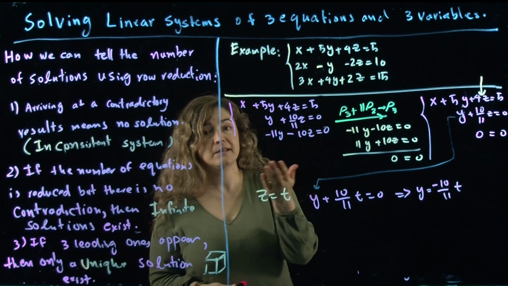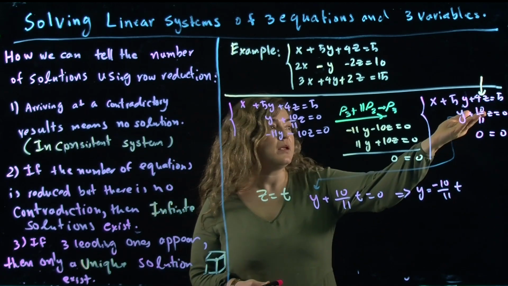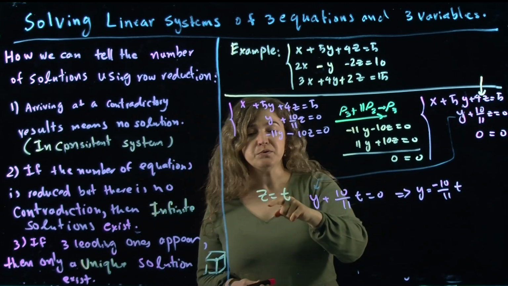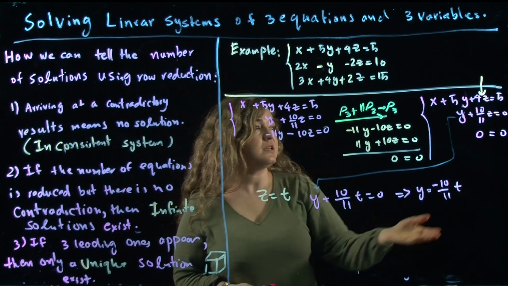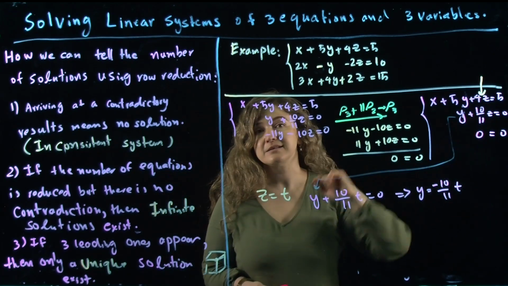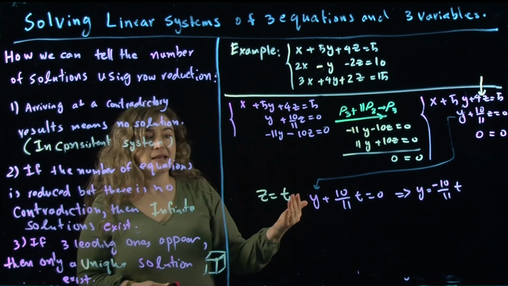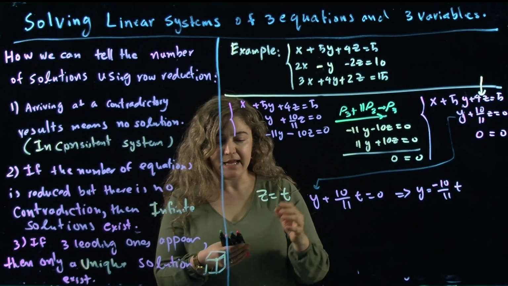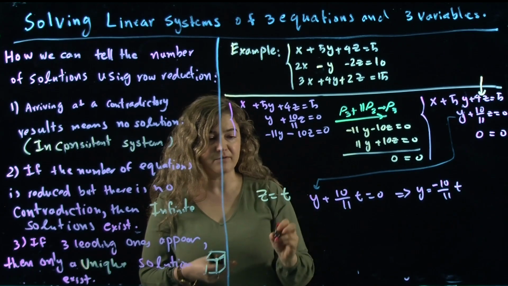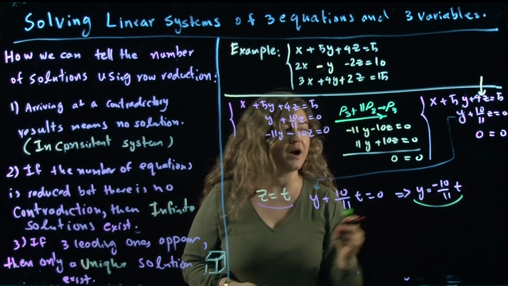T is a parameter that can run from negative infinity to infinity. I use that value that I assigned to z, and I plug it back into the last meaningful equation. Now that I have assigned one value to z, solved for y using that,